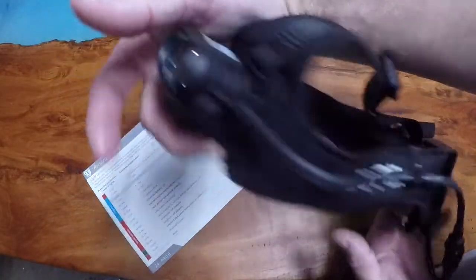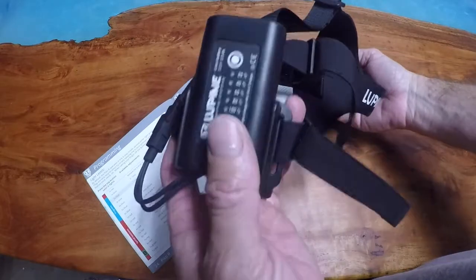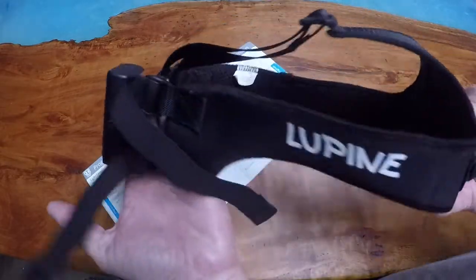Okay, and this is the Piko 1900 Lumen Piko. And I'm going to go ahead and